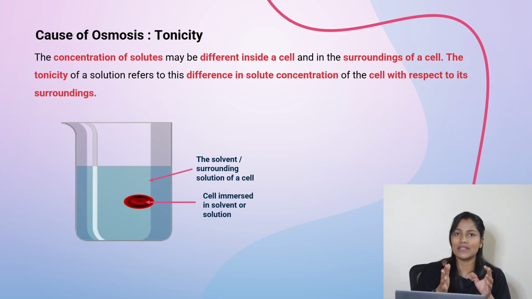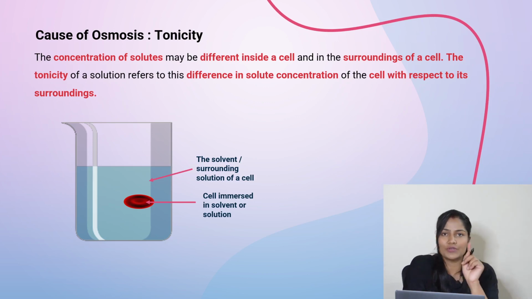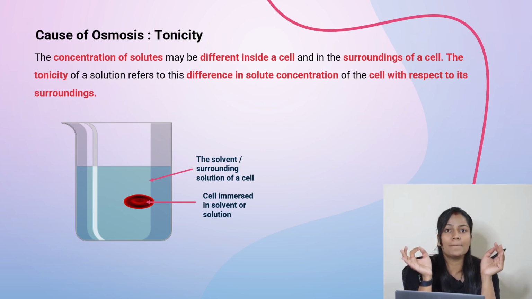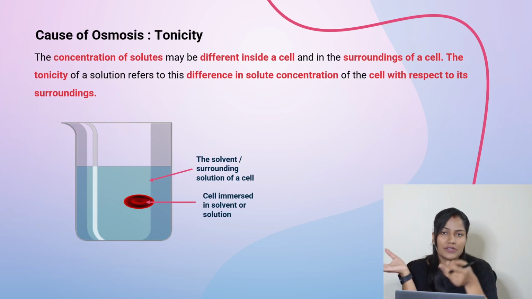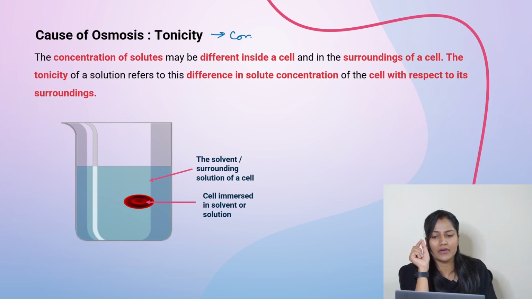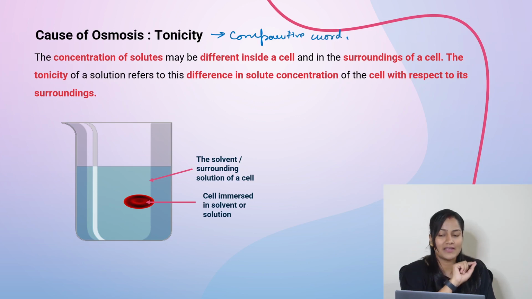let's talk about something that is very important, that is tonicity. टोनोसिटी को डिस्कस करने से पहले एक बहुत जरूरी चीज है, सबसे पहली और इंपॉर्टेंट चीज जो आपको याद रखनी है वो ये कि टोनोसिटी एक कंपैरेटिव वर्ड है। मैम बहुत अच्छा पढ़ाती हैं, इन कंपैरिजन टू डैश टीचर, या मैम बहुत बेकार पढ़ाती हैं इन कंपैरिजन टू डैश टीचर। तो हम कंपैरिजन कर रहे हैं, है ना। तो टोनोसिटी हमारे पास क्या है, एक कंपैरेटिव वर्ड है।